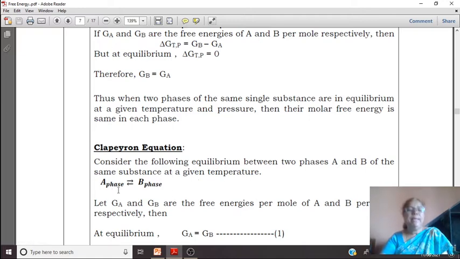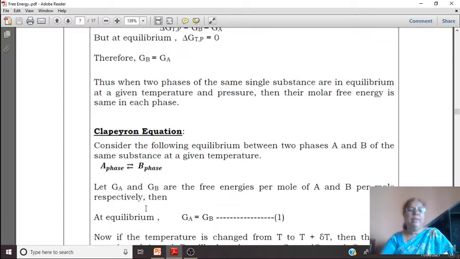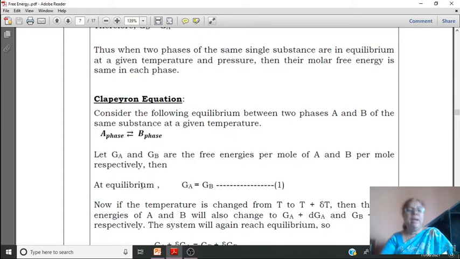Phase A is in equilibrium with phase B. As you already know, phase A is our liquid phase and phase B is our vapor phase. Let Ga and Gb be the free energies per mole of A and B respectively. Then at equilibrium Ga equals Gb. (1)